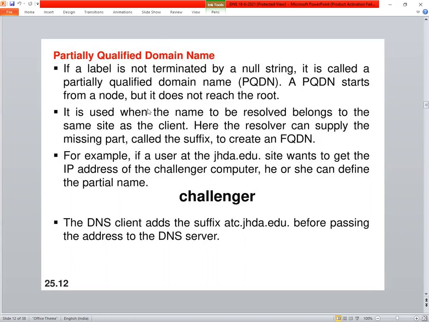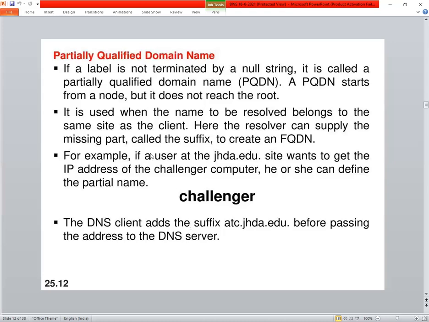So try to understand here, if a user at the fhda.edu site wants to get the IP address of the challenger computer, he or she can define the partial name, challenger, that's it. Now the DNS client adds the suffix atc.fhda.edu before passing the address to the DNS server.